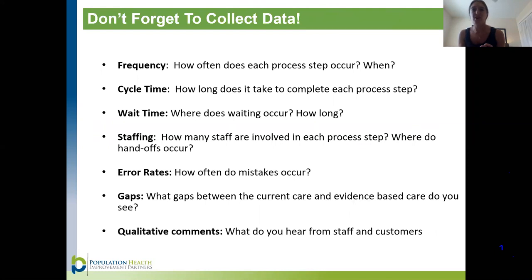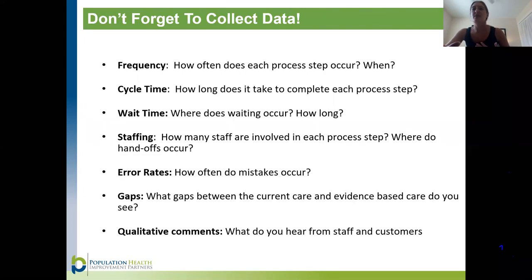We also encourage you guys to jot down any gaps that you see between the current standard of care and the evidence-based standard of care. And of course, if you hear any qualitative comments from your staff and your customers, really powerful to write those down as well. So any questions about the types of data that you may want to be collecting,